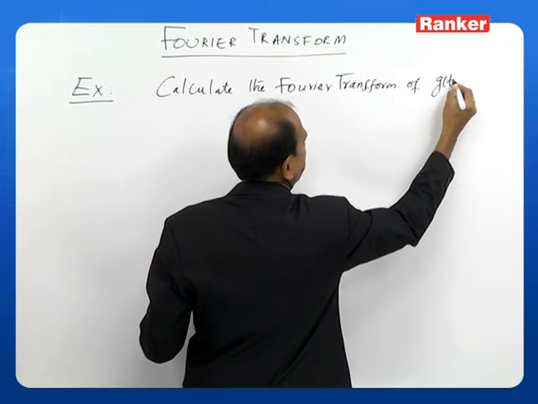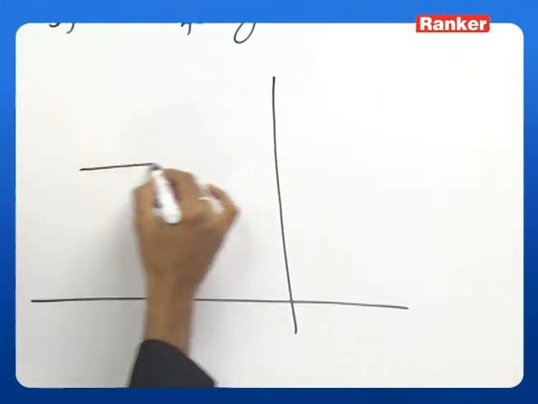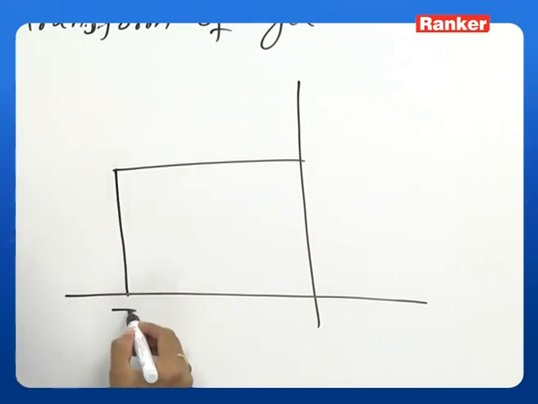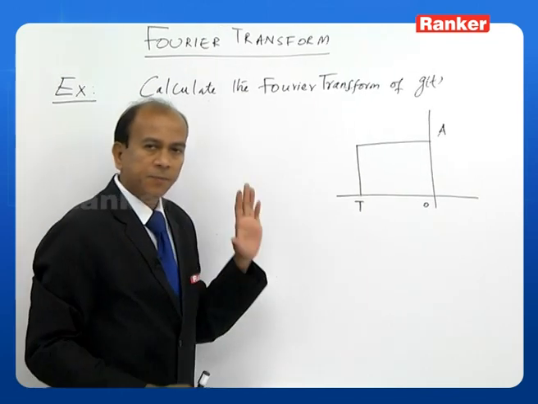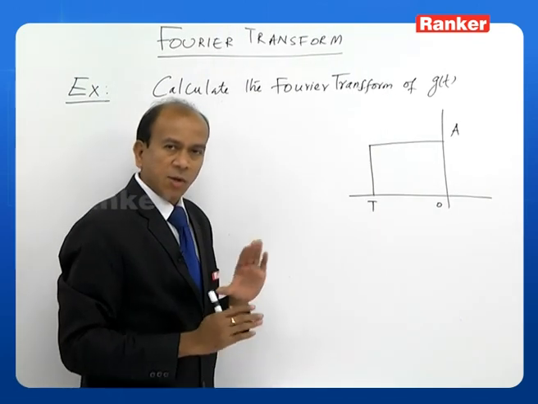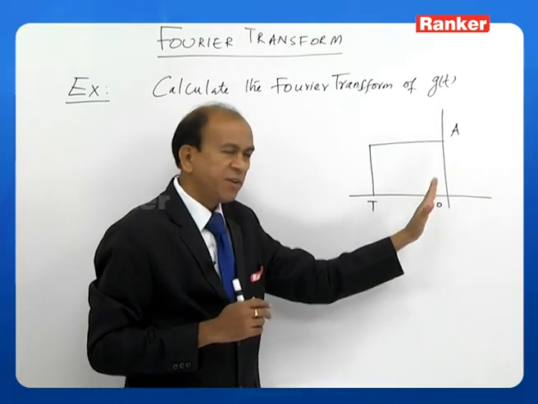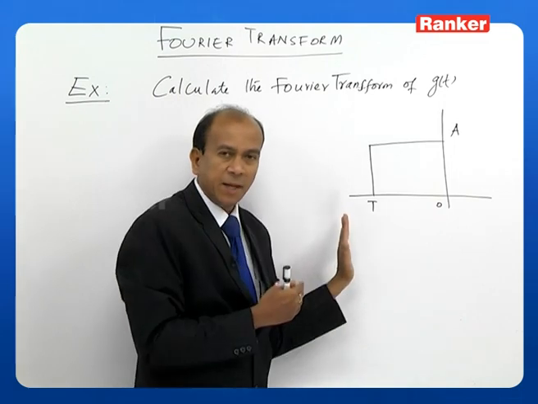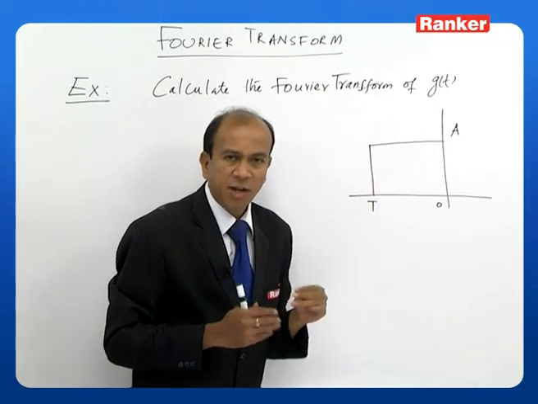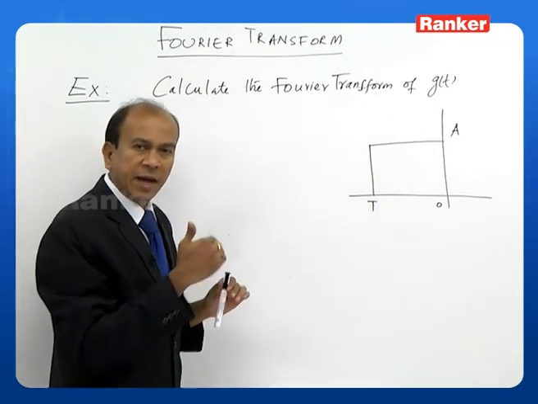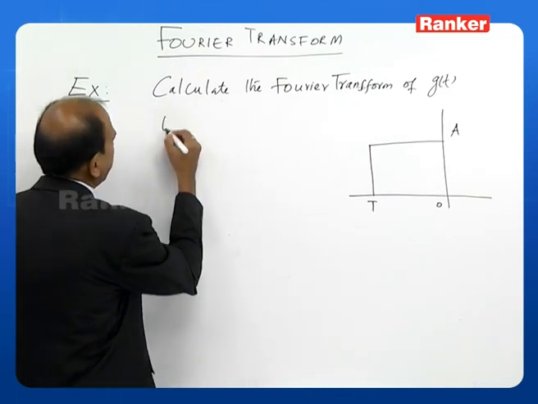Let us say g of t, and g of t is given like this. So, we have to calculate the Fourier transform of this. Actually, if you look at the rectangular function which you have seen earlier, now it has been shifted to the left hand side by a factor T by 2. That means, it is shifted by a factor minus T by 2. So, we will get this type of function. Now, let us apply again the time shifting property of Fourier transform and find out this directly. So, using time shifting property,